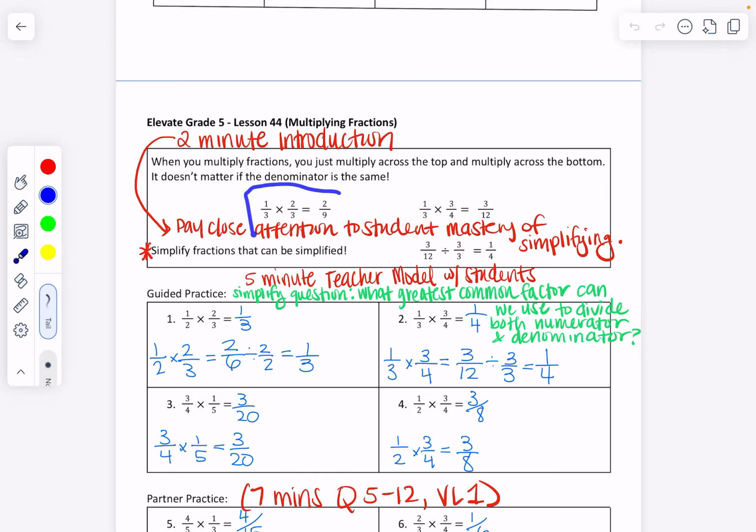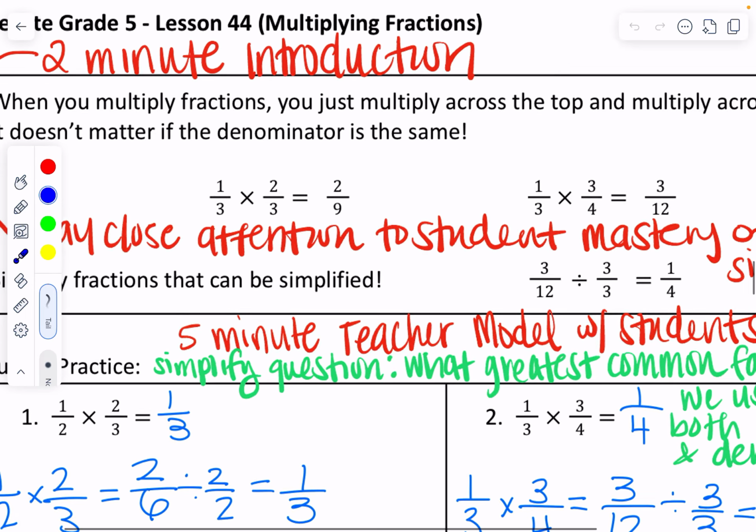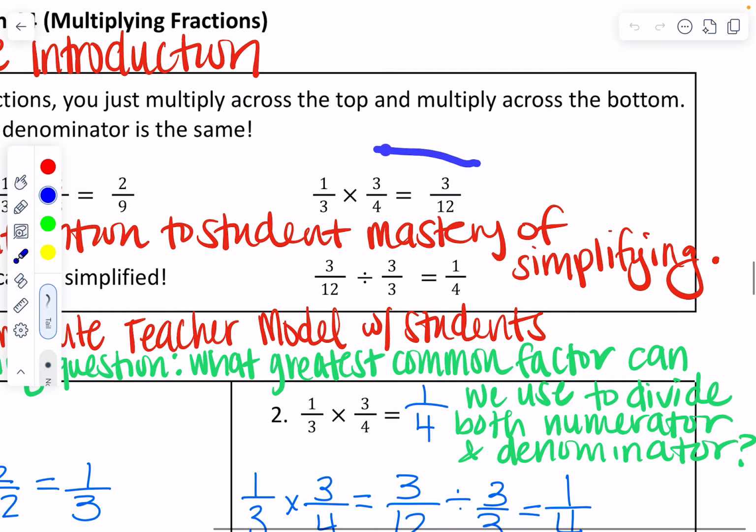So when you go over this first example, students will say, okay, well, 1 times 2 is 2 and 3 times 3 is 9. You'll ask them, okay, is this fraction simplified? They will say yes, because there's no number that can be used to divide both 2 and 9 except for 1. However, when we come to this example here, when we multiply our numerators together, 1 times 3 gives